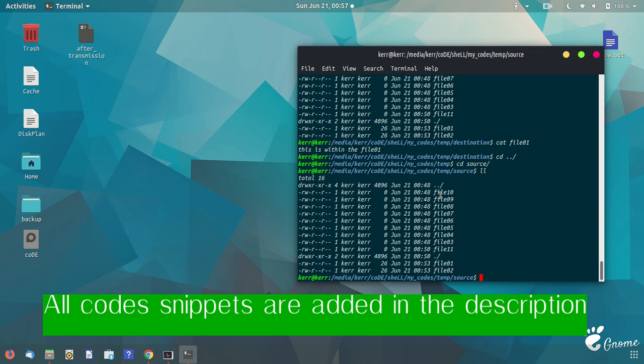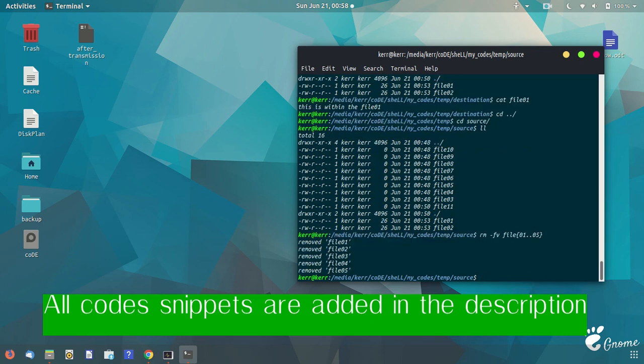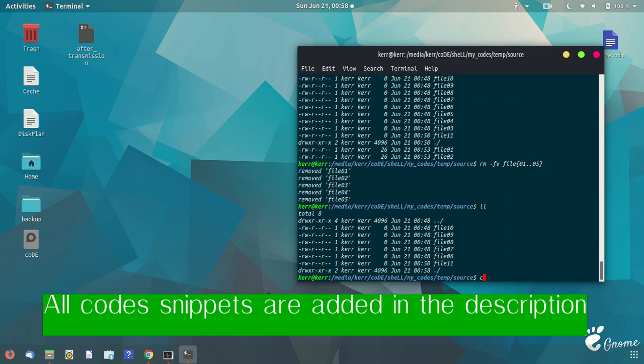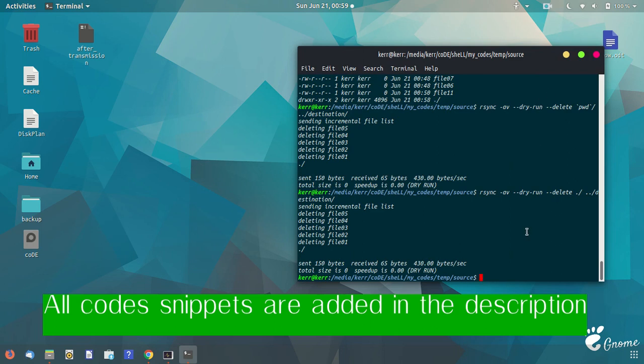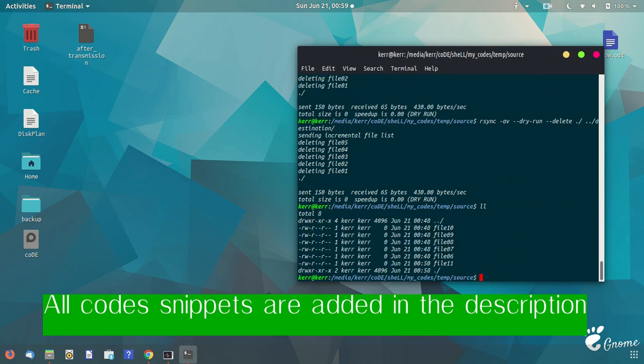For this we have to use the --delete option. So let's remove those 5 files from the source first. So 5 files are removed. Yes, we have removed 5 files from the source.